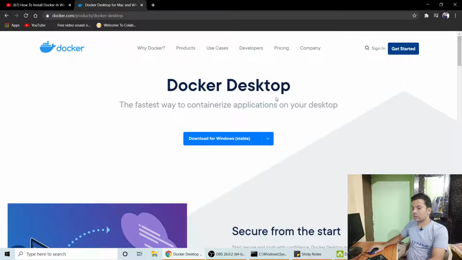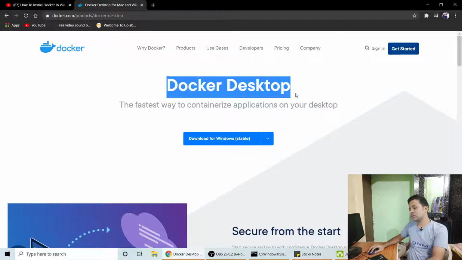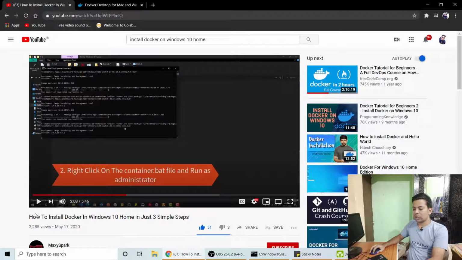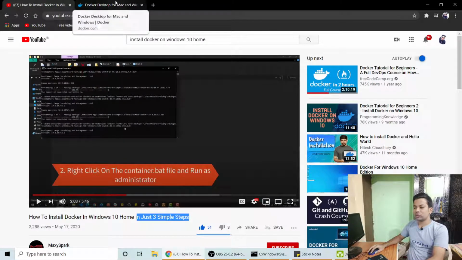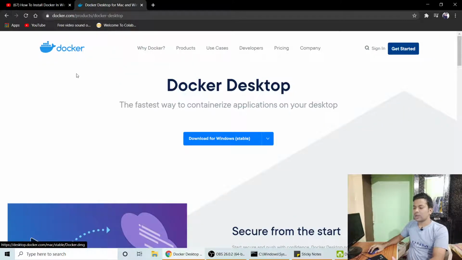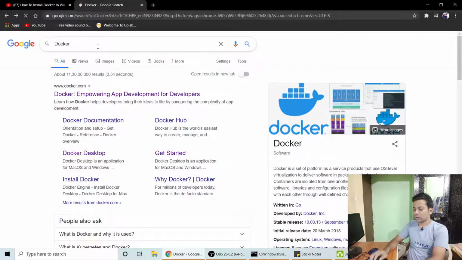If you have Windows 10 Home and still want to install Docker Desktop, you can go to my video on how to install Docker on Windows 10 Home in just 3 simple steps. I will put the link below, so you can go there and install it. If you have Windows 10 Pro, you can directly come here and download it. You can also check the Docker Windows